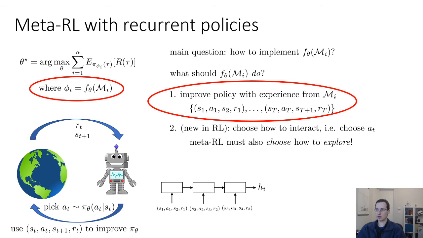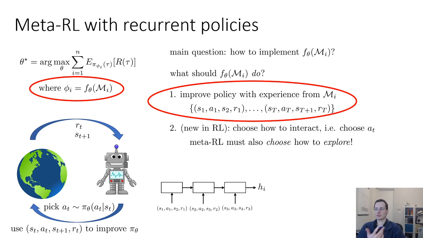So the way that we can improve the policy using some experience is by reading in that experience the same way that we read those XY tuples from the training set in the supervised meta-learning case. So we'll have an RNN, and that RNN will read in each of the transitions and rewards that we've seen while interacting with M_i. So it'll read in S1, A1, S2, R1, S2, A2, S3, R2, S3, A3, S4, R3, etc., etc. And there's many variants on this. The way that I drew it here, it's a little redundant because the next state is being read in twice, so you can simplify that a little bit. But the point is that you somehow need to read in all of those transitions that you've seen from M_i,